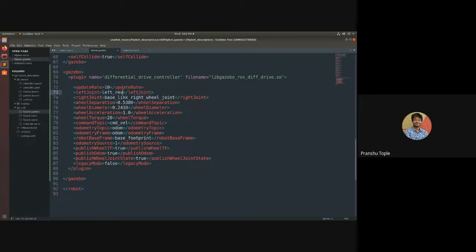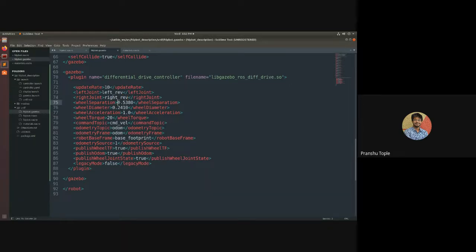You have to give the name of the joint where it is rotating. If you give a fixed joint name, it won't ever work. You have to give the name of the rotating joint. For the right joint, it is right_rev.